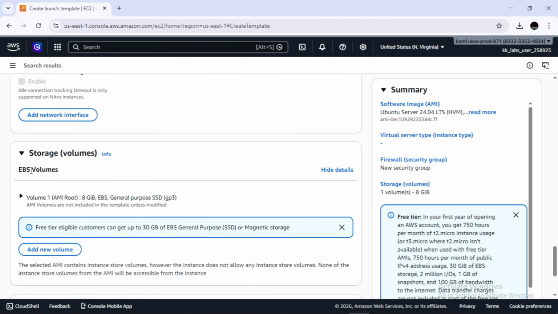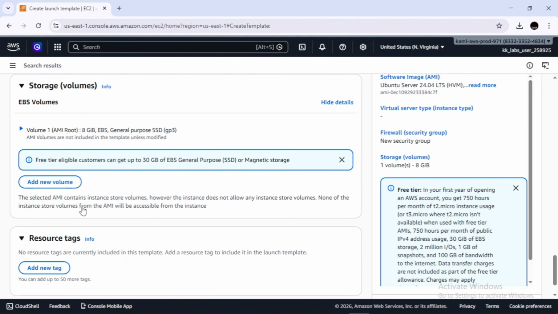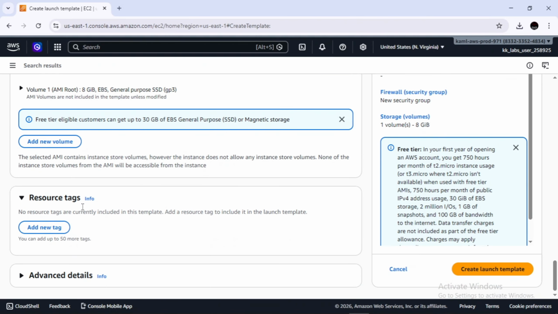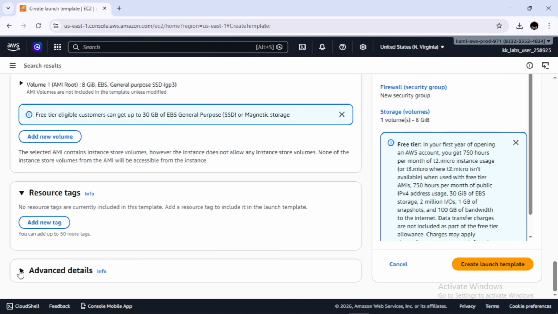And then there is an option of EBS storage. So 8 gig volume is enough for each EC2 instance. I'm going to go with this one. Also in the advanced details,